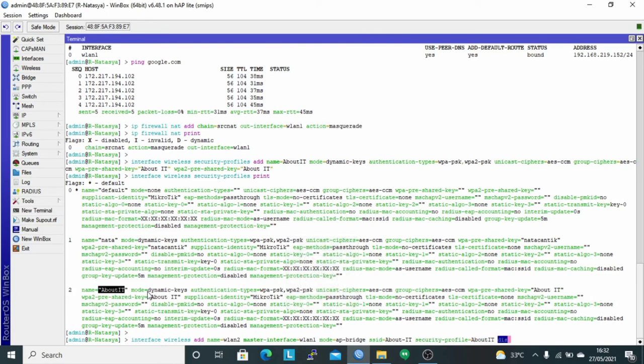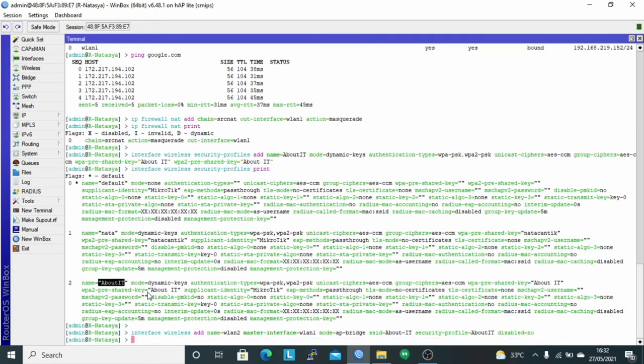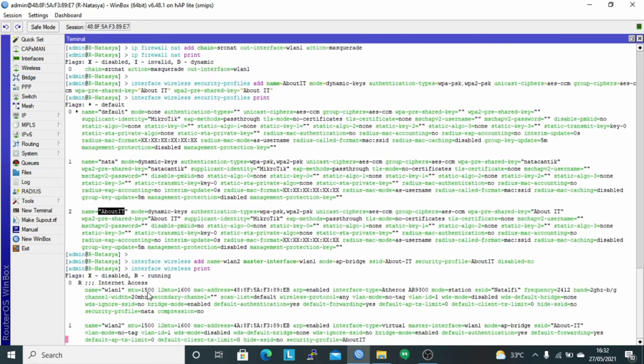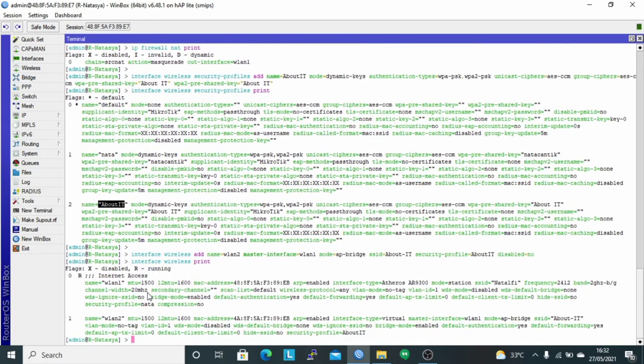And disabled no. And check with the command interface wireless print. You can see that the interface WLAN2 is successfully configured.